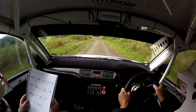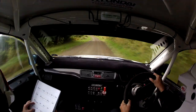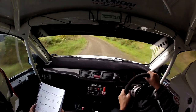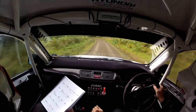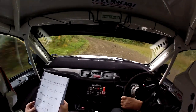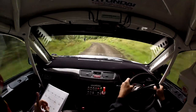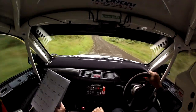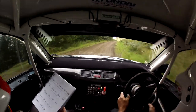100, 3 right in over crest, 60, 5 left plus, 60, 5 left long, 4 right, and then flat 4 right, and then 4 left long, into square right opens, be a car off here, into flat crest middle,